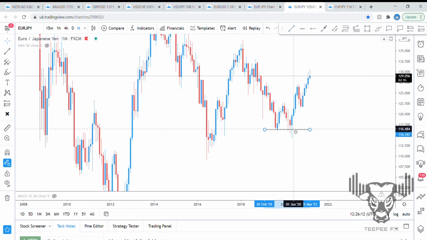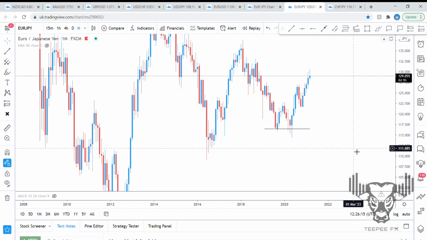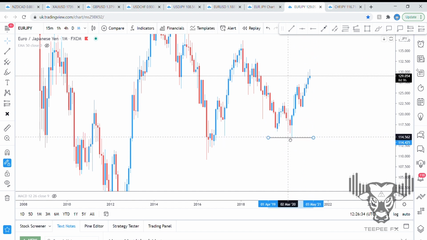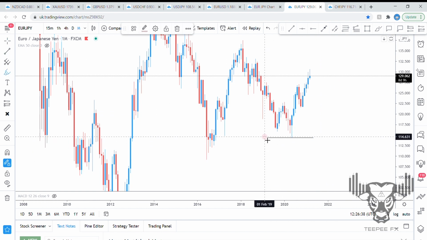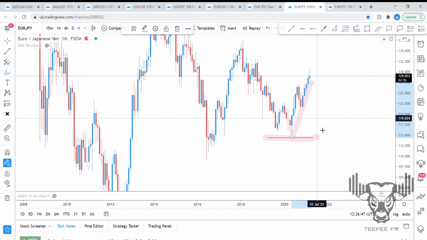A lot of traders are marking up off the bodies, which is fine if you want to take a higher risk strategy. But ultimately, you need to understand the importance of what wicks are and what they show us. They show us rejections first and foremost, but they also show us the extremities. So if we're looking for a break of these lows, we have no way of confirming whether shorts are in play until we take out these extremities here. Likewise, looking for a rejection, we've got no way of knowing whether we're going to get a bounce off of an impulsive level and see a move to the upside until we take the extremities